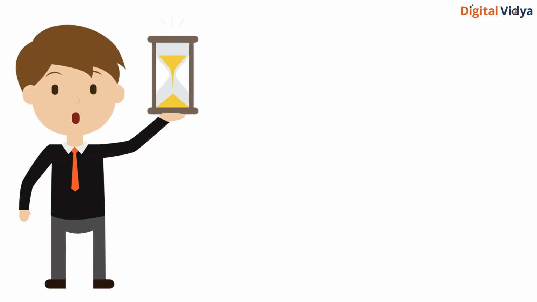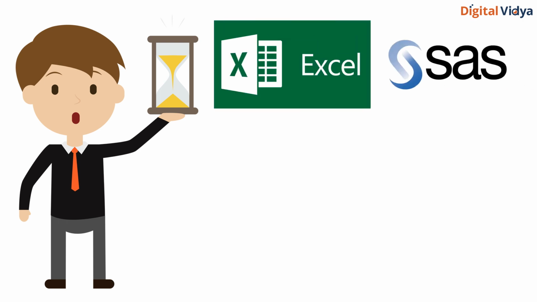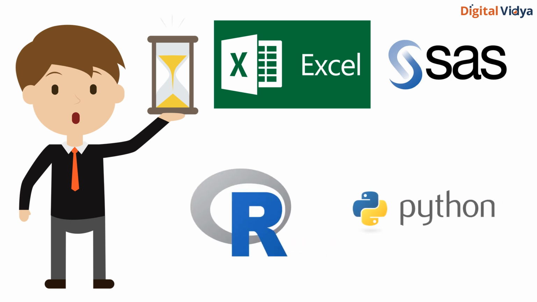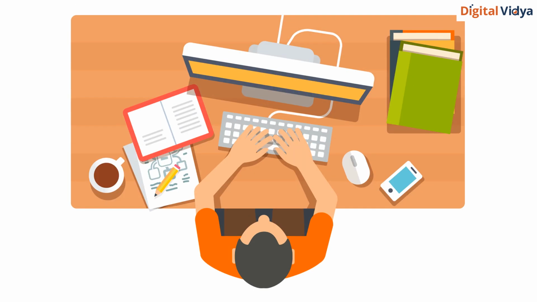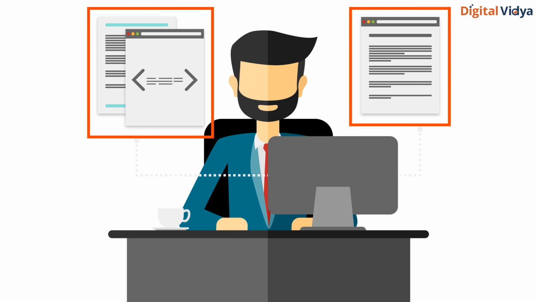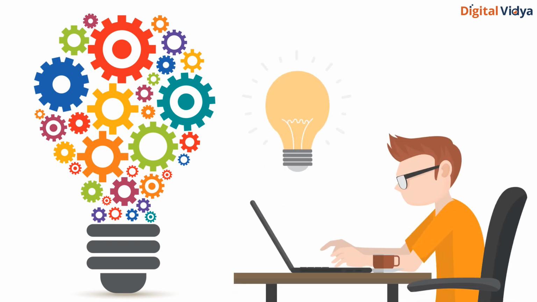In the last few decades, software tools like Excel, SAS, and programming languages like R and Python have been making tremendous progress, enabling the data scientists of today's time to apply statistical algorithms using ready-made libraries and new algorithms. Let us talk about how the tools and software for data have evolved over the century.